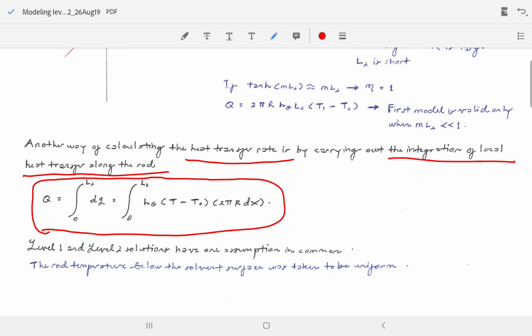Okay, with that I conclude the video for modeling level 2, and I really suggest that you go into your notes as you watch this video to try to understand how the detailed derivations for modeling level 2 are performed. I know that this is a bit complicated, but this will give you an idea of how transport phenomena modeling is actually performed. Okay, thank you for listening.